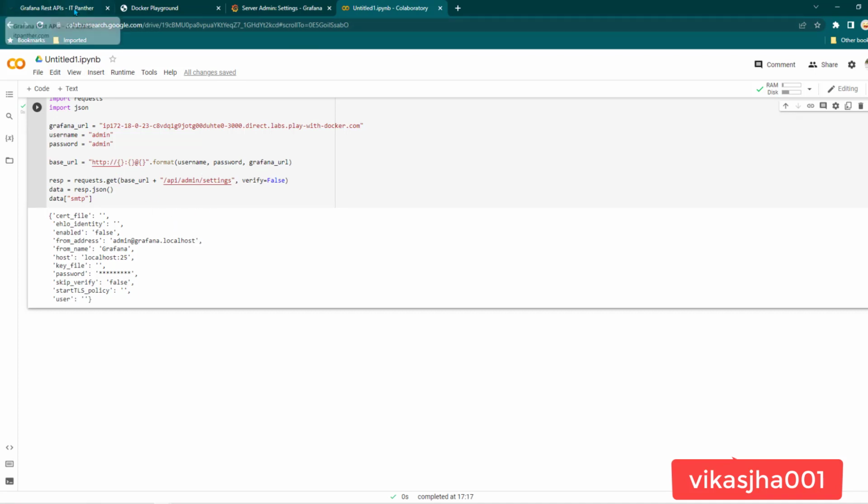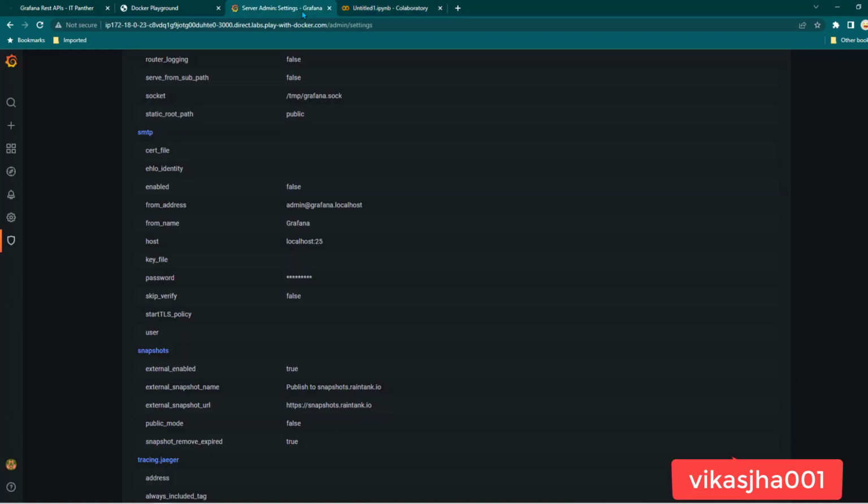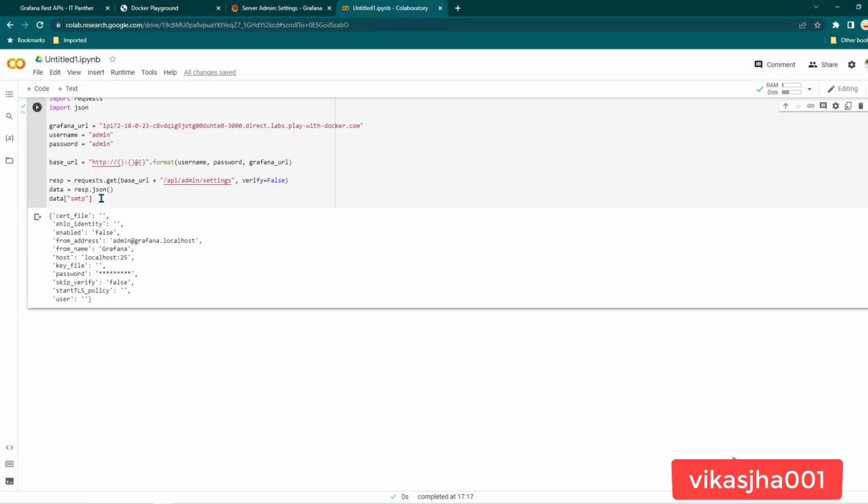Now it is going to be more useful when you want to monitor these kinds of things. For example, let's say you have Grafana sessions and you want to make sure that all of these values remain the same. So what you can do is run this API, and whatever data comes, you can load this data